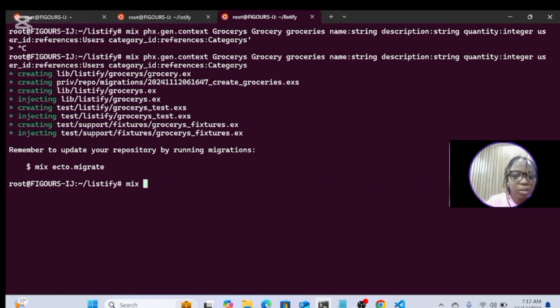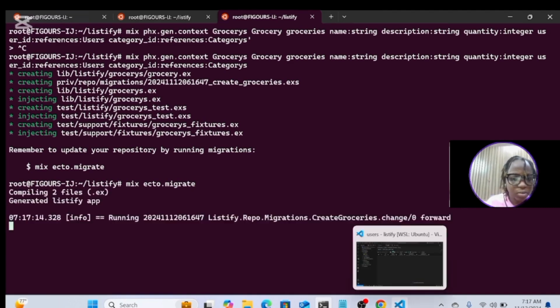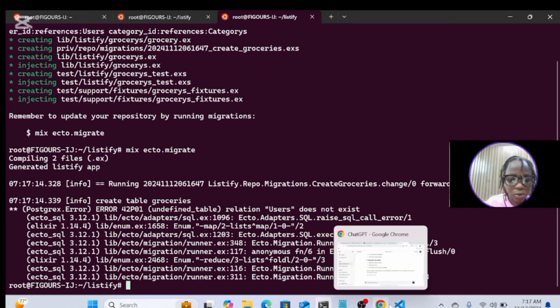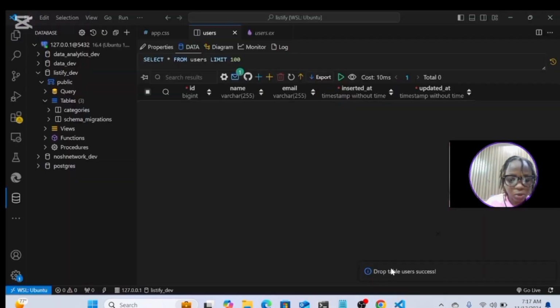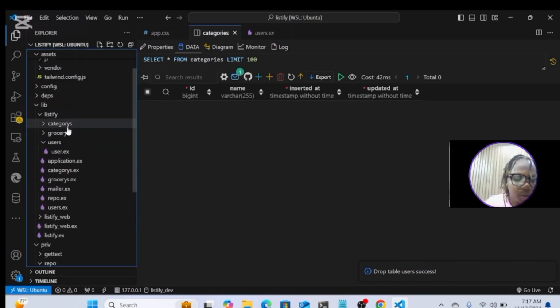So we have created the migration file and the schema. If you see, we just did one command and we created both the schema and migration. That's the cool thing about Elixir. It just creates everything for you. Okay, users does not exist. So let's see something. I think it's because